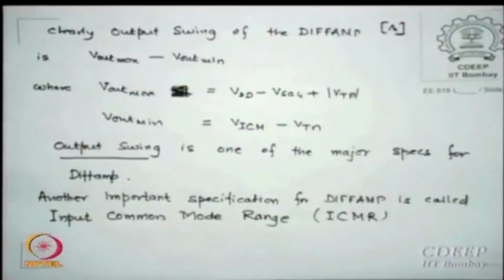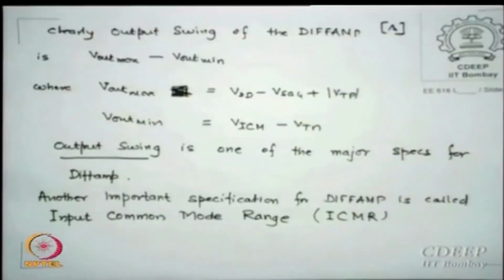Please remember, I have put greater than or less than, I never said equal to. Equal is the better possibility but may not hold, they should actually satisfy the inequality, is that correct? Okay. So one parameter or one specification of the DFAM we have seen is gain, the other we have seen is the output resistance, the third we have seen is swing, and the fourth we will now see,